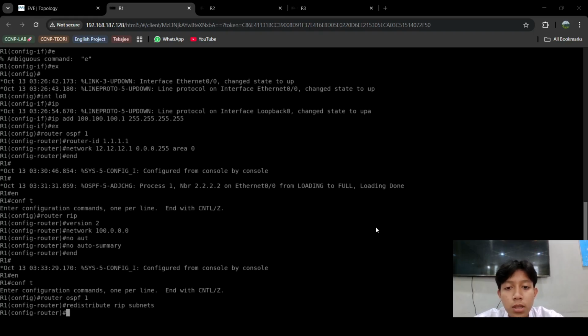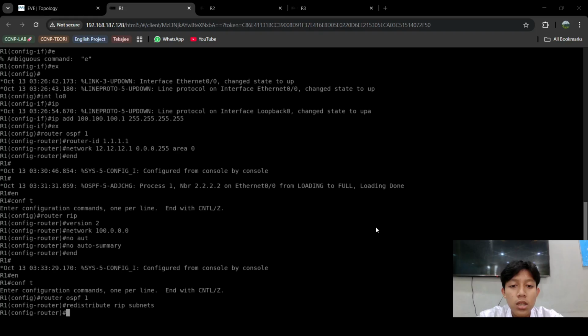Redistribute RIP is configured to take routes from the RIP routing table, and the subnets keyword is very important. It tells OSPF to import all routes, including the subnets, not just classful networks.